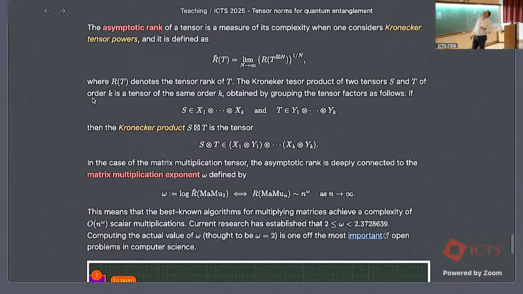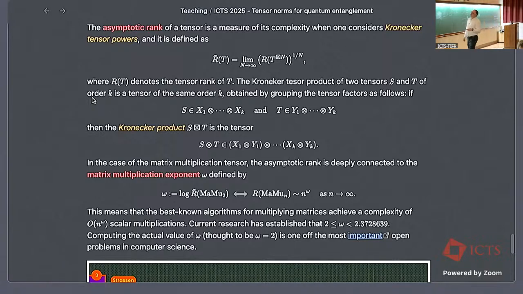Here I have to be careful because I told you that when you have the tensor, so this is the Kronecker tensor product. It's a different tensor product, meaning that if I have 2 tensors, S and T, usually when I talk about their tensor product, I want to say that S tensor T is a tensor of order 2k, right? Because it will have 2k legs coming out, k from S and k from T. But if I package corresponding spaces, so if I package x1 and y1 and call this z1, and xk and yk and call this zk, then S tensor T will be a tensor still of order k, and I call this the Kronecker product. So basically, the Kronecker product is the usual tensor product, but then I package by 2 the spaces.